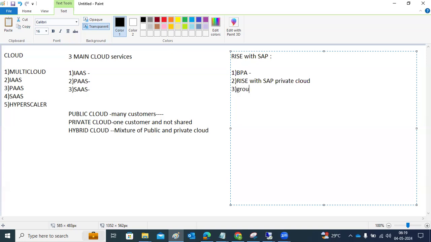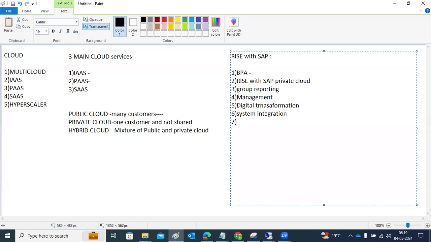Group reporting also, let me correct it. Then management kind of things, digital transformation, and also system integration and data protection.